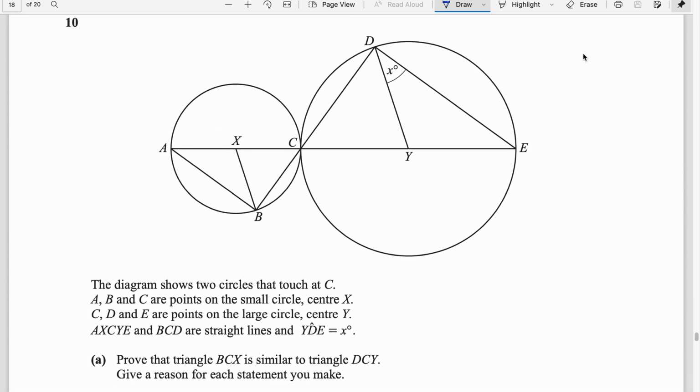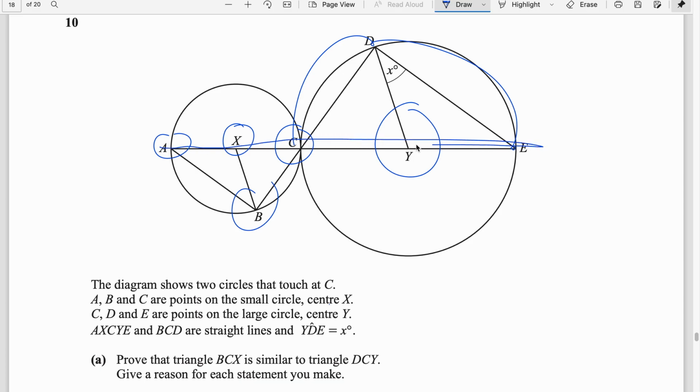Question number 10. The diagram shows two circles that touch at C. A, B, and C are points on the small circle, center X. C, D, E are points on the larger circle, center Y. A, X, C, Y, E and B, C, D are straight lines,